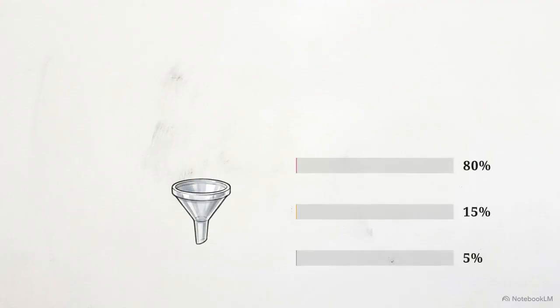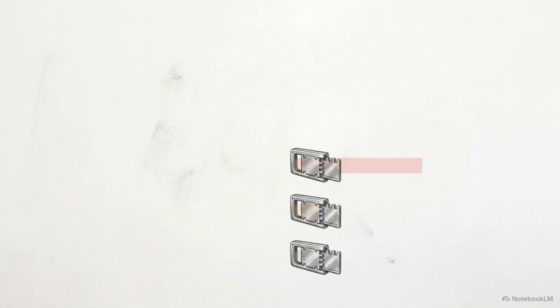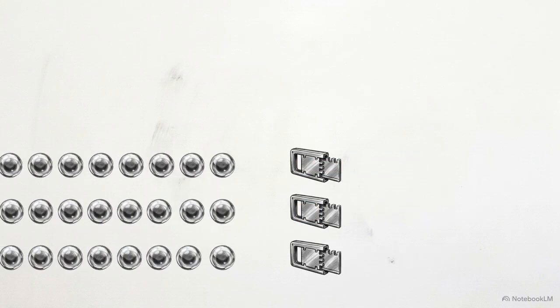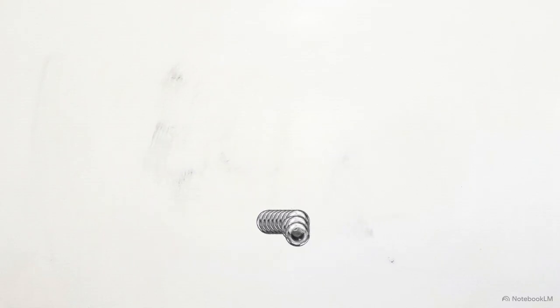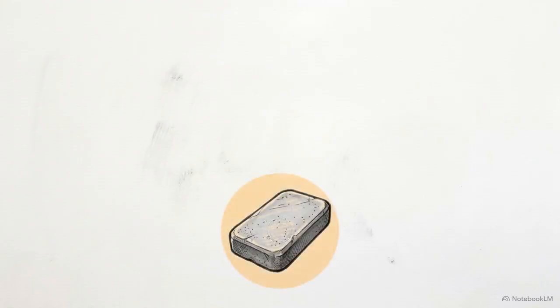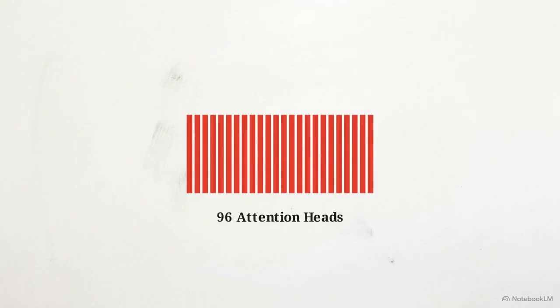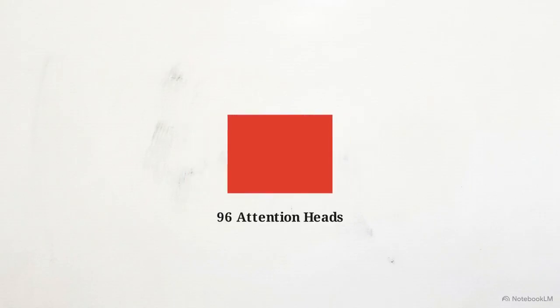The final token's query multiplies by the keys of previous words. Where vectors align geometrically, high similarity scores are generated. These raw scores are divided by the square root of 128 and passed through a softmax function, which compresses the values into a clean distribution of percentages between 0 and 100. These attention weights act as a filter. They dictate precisely how much of each previous word's value should be blended into the final token to provide it with context. After the context is established, the 96 independent attention heads are concatenated.